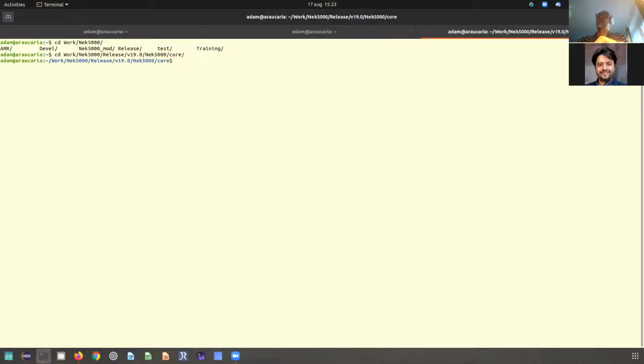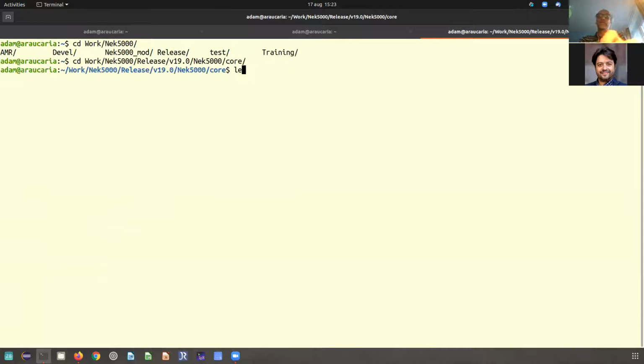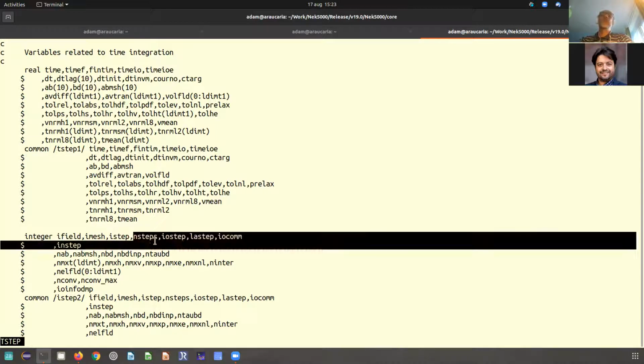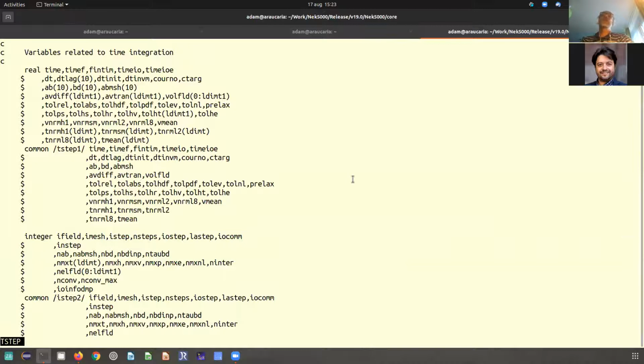Or let's increase tstep. So tstep is actually an include file that contains all of the information about the time step, the current. There should be somewhere iStep, a number of steps to be performed, and so on and so on. So this is the include file. We actually are interested in that one,